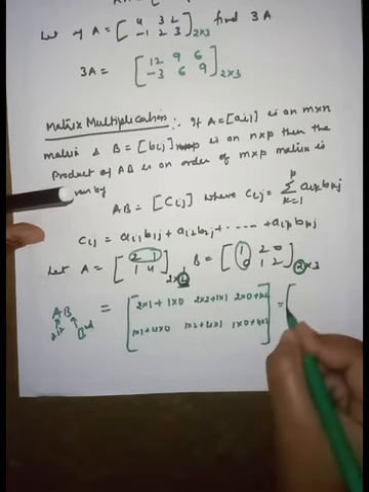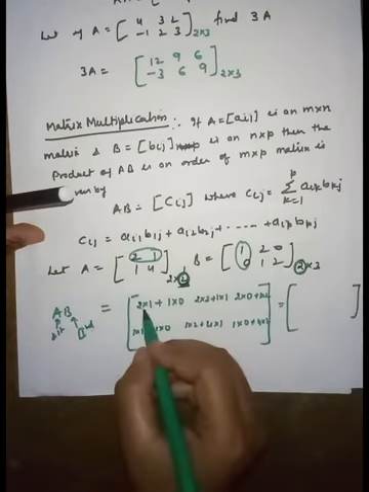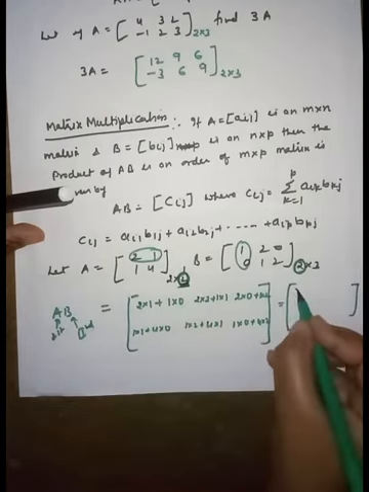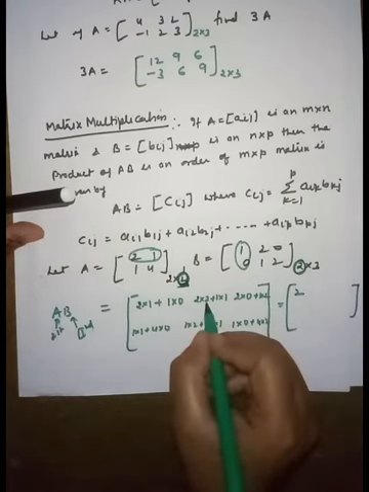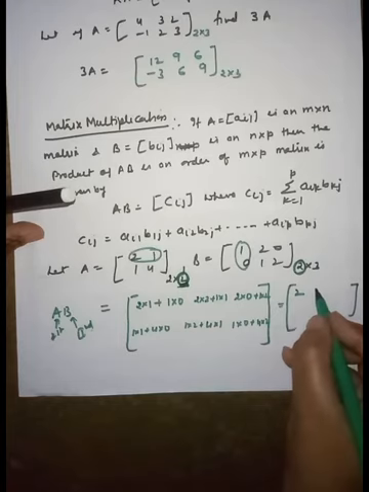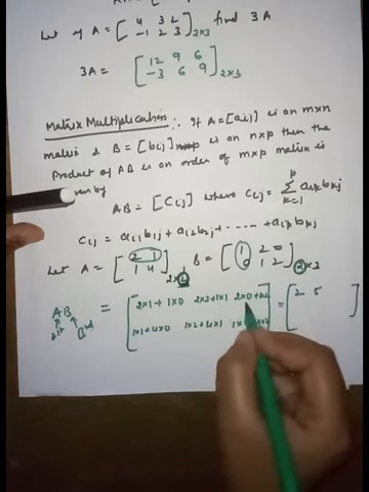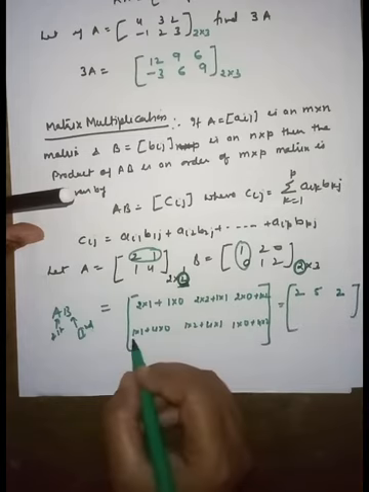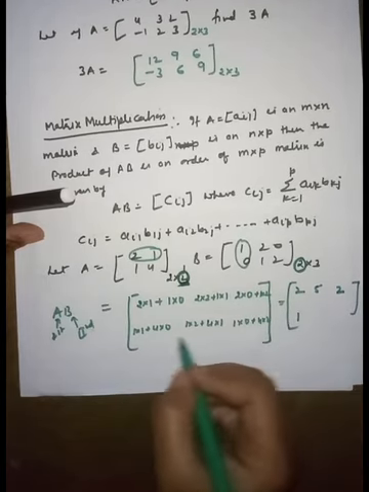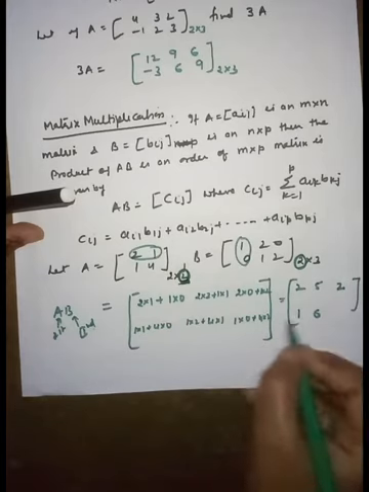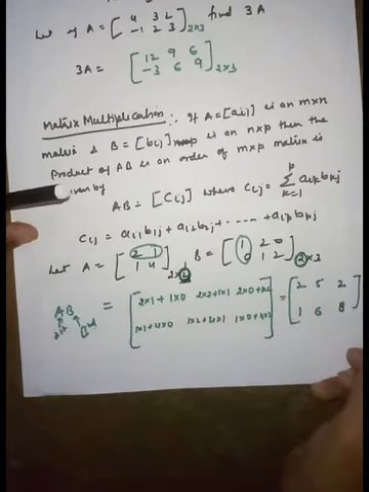Now solve. So here 2 into 1 is 2 and 1 into 0 is 0. It means this value comes 2. 2 to the 4 and this is 1 cross 1, 1. It means 5. Next one is 0, and this one is 1 cross 2. It means 2. 1 cross 1, 4 cross 0. This is 1. This is 6 and this value comes 8.